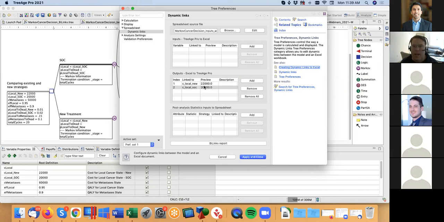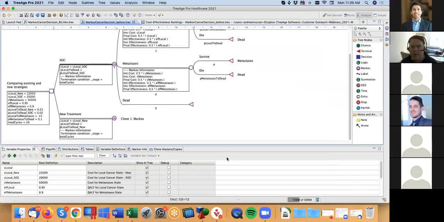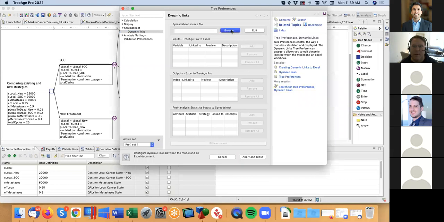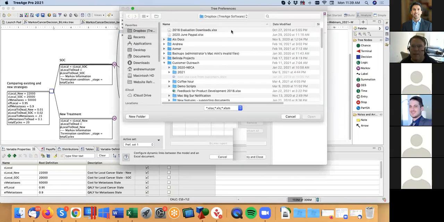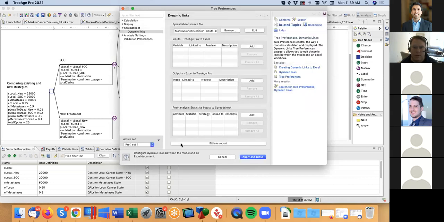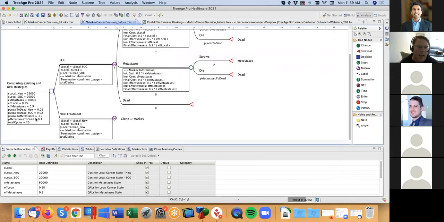Okay. Now, once those are set up, then what I would do, oops, I hit cancel. Sorry about that. I got to do that one more time. I didn't mean to cancel. Okay, I'm going to add 1, add 2. And this time I'll hit apply and close. And now back in the model, I could take these